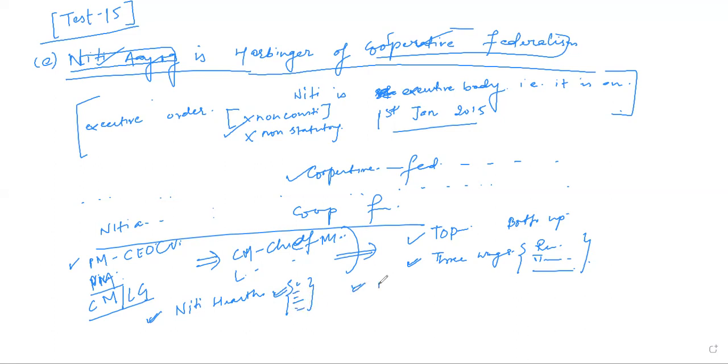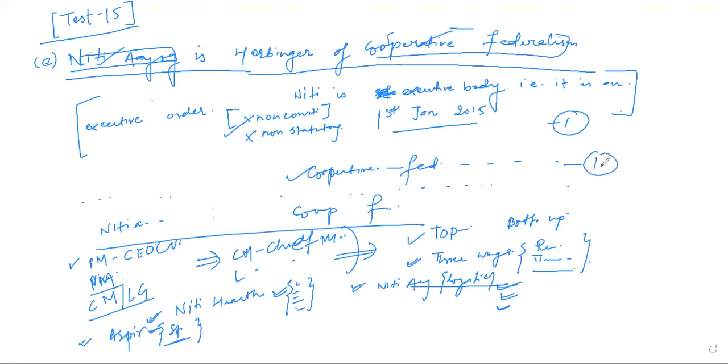Secondly, you will talk about Niti Aayog and its export index and logistics index, and how the logistics index is facilitating states towards greater cooperation. Then you will talk about schemes like the Aspirational Districts Programme, in which Niti Aayog cooperates with states for areas lagging behind in achievement. So these are the 3 to 4 points. Since it's a 7, 8 marker, the introduction portion will be 1 mark, the definition portion 1 mark, and this portion 3 to 4 marks.